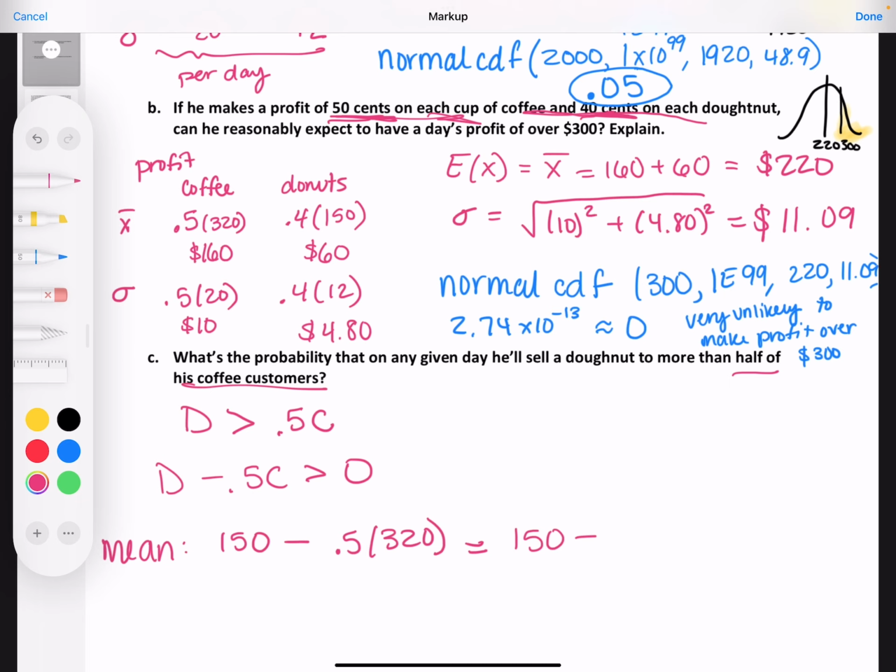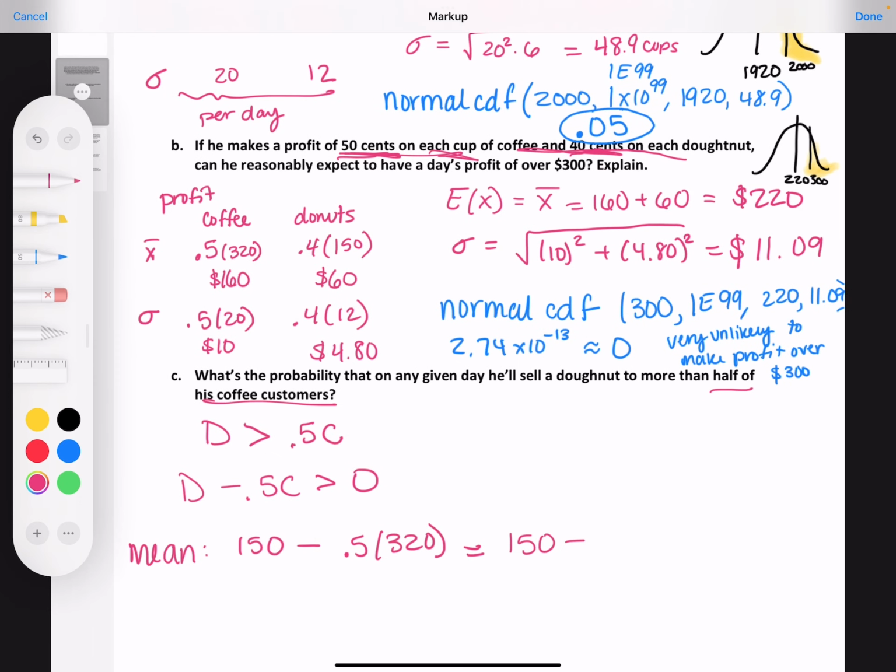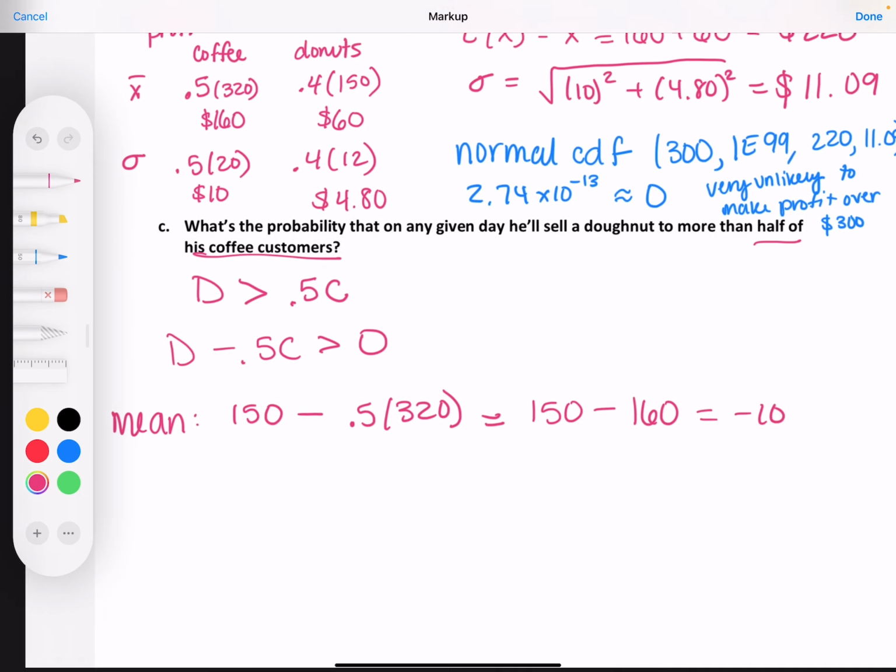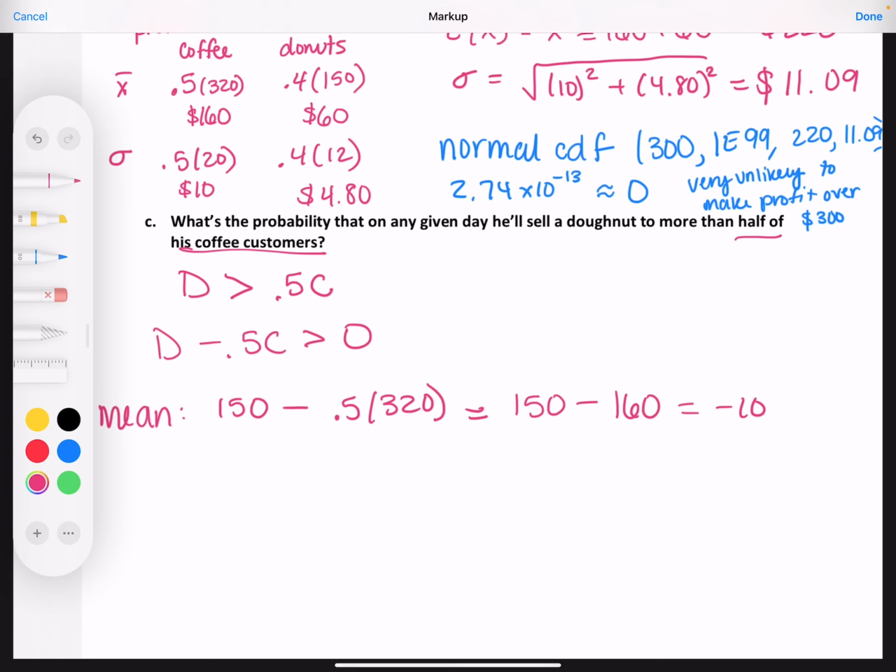Negative 10? Wait a minute. 16. Yeah, because half of 320 is 16 times... 3, 1, 6. Yeah, 16 times. So that's negative 10. Circle. Standard deviation. It's going to be the square root of the standard deviation of donuts, 12 squared, minus 0.5 times the standard deviation of coffee, 20 squared, which is approximately equal to